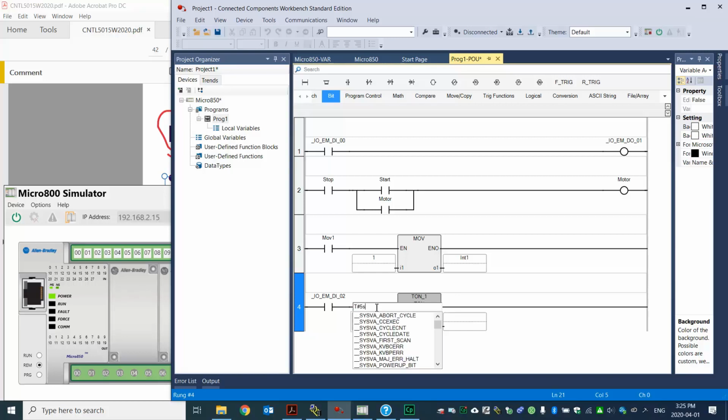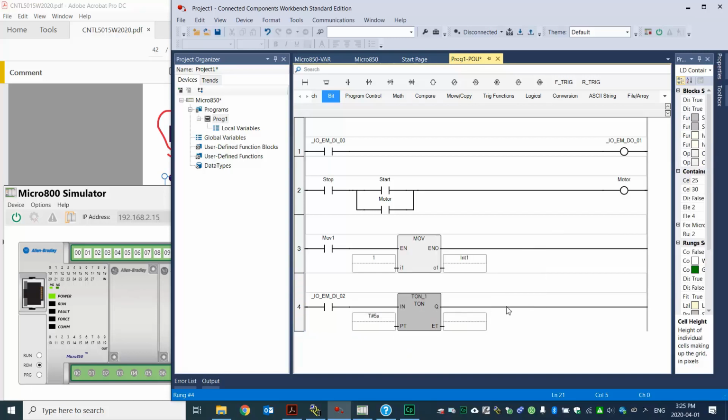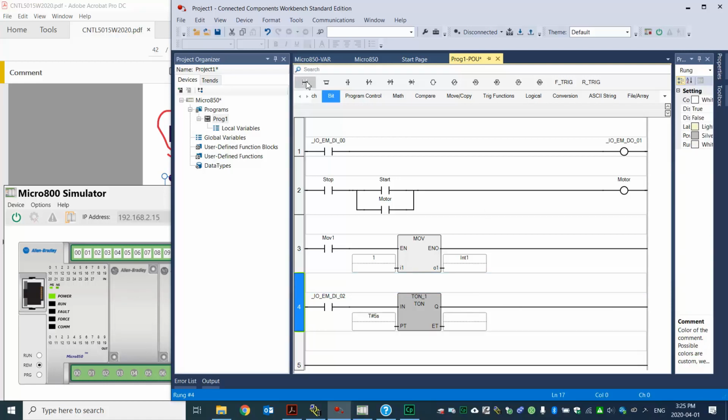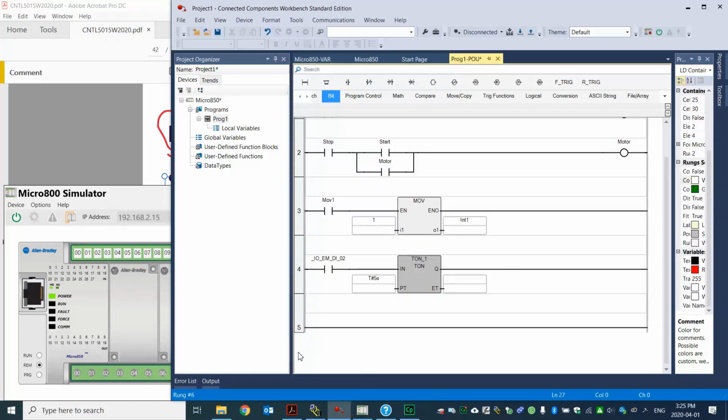So 5 seconds is there, and then Q is the output. Like I said, it's equivalent to the done bit. So if you want to have the output, you can even have the output here. So if you connect something after the Q, for example, you use one here,